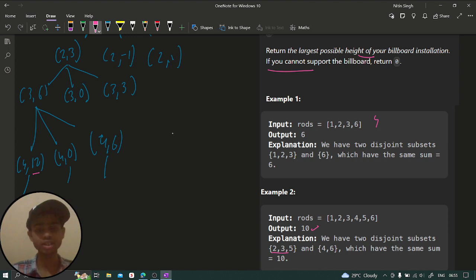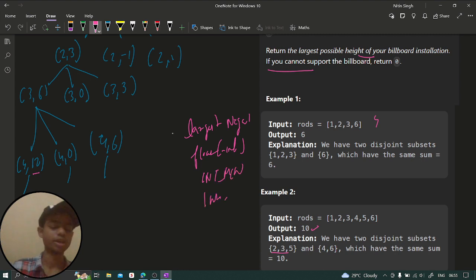We can say the largest negative value. In Python you can use float minus infinity. In C++ you can use INT_MIN. In Java you can use Integer.MIN_VALUE, right? So you can return anything, but if you're getting a value 0, that indicates that, all right,